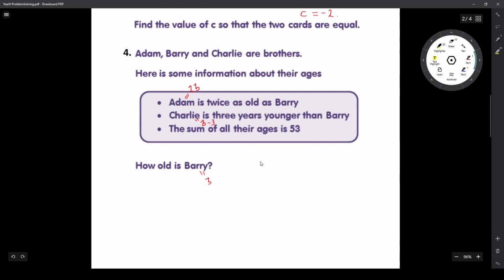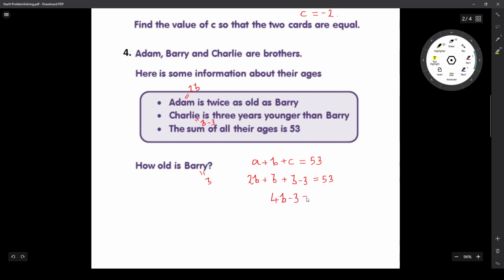And then the sum of all 3 ages is 53. So we've got Adam plus Barry plus Charlie equals 53. But we know that Adam is twice Barry's age. Then we've got Barry, and then we know that Charlie is 3 years younger than Barry. So it gives us an equation like this that now only has b in it. So we've got 4b